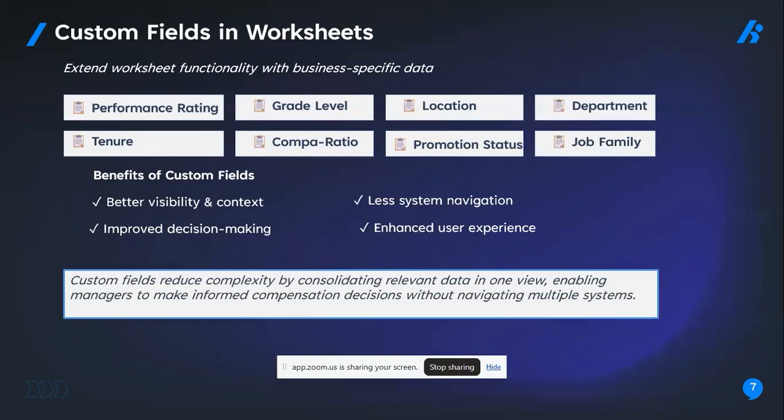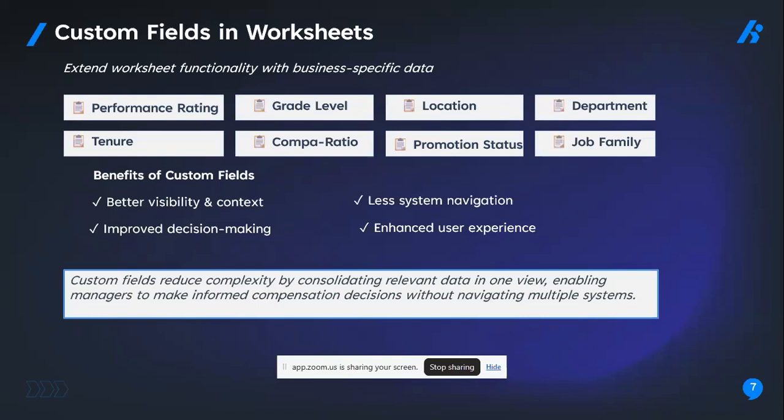Better visibility and context. Managers can see the performance rating without navigating to different systems. They can see tenure, location, and grade level in one place. Improved decision making. When a manager can see an employee was promoted 6 months ago and is still below the market rate for the new role,